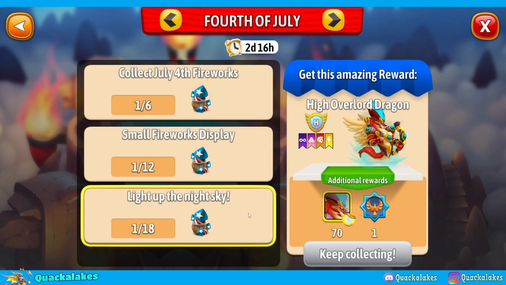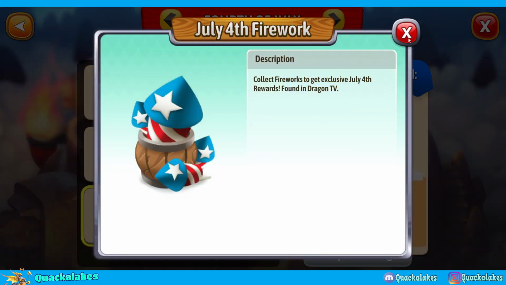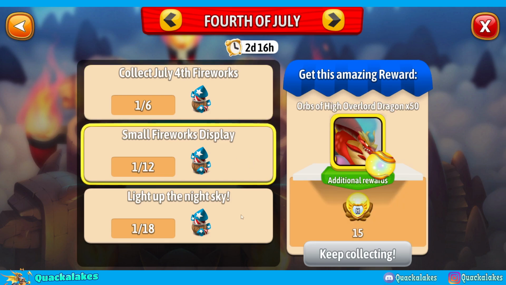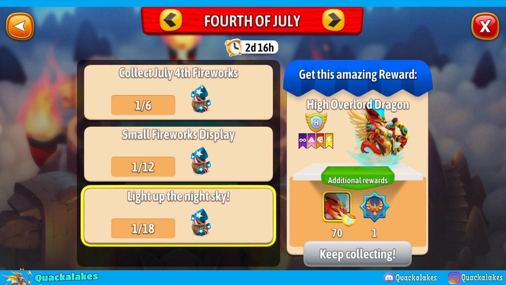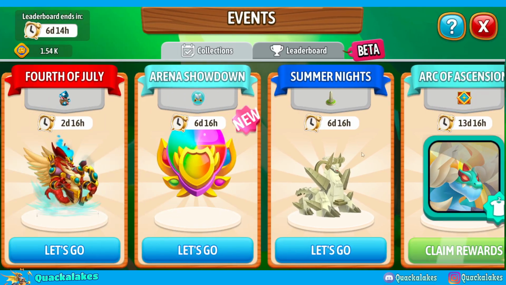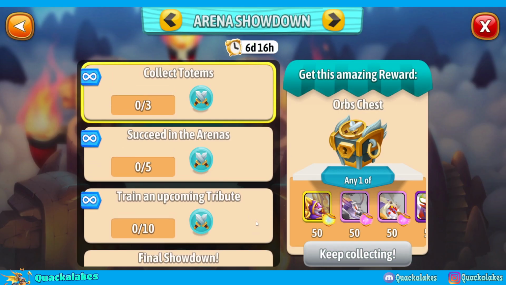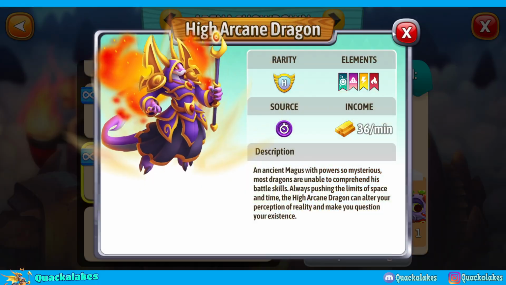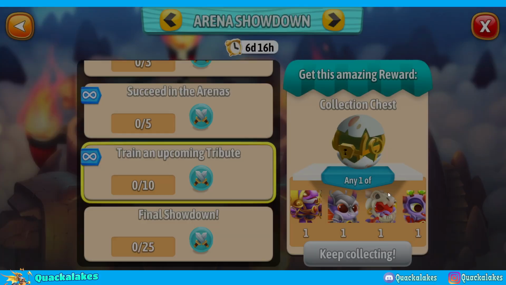We do also have 4th of July stuff, and you can get these fireworks from like the ads, for instance. But essentially, you can get mythical orbs, you can get orbs for the dragon, and you can get the actual heroic himself and a phoenix orb. So it's not too bad if you do that. We do have the new arena, of course, which is the same as usual, but in this you can get your hands either on a heroic, you can get your hands on mythical,